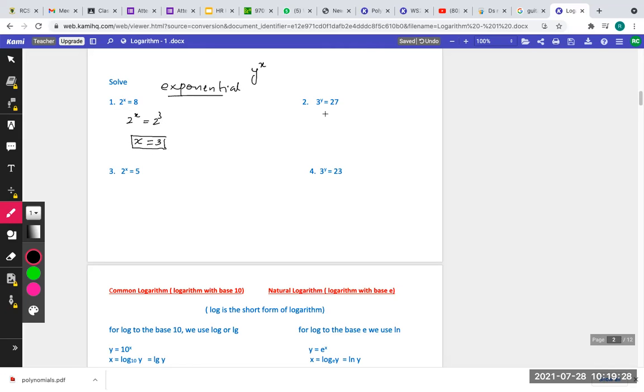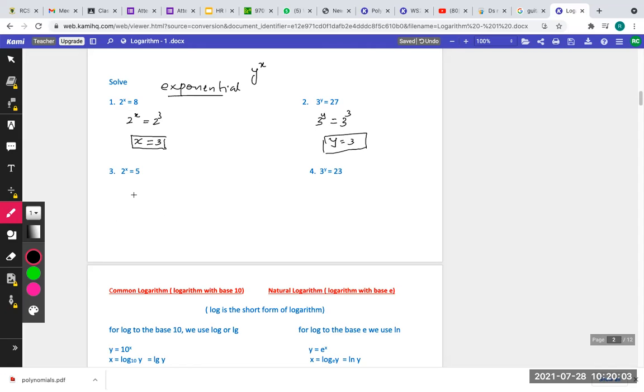Well, when we move on to the second question, it is still exactly the same as the first one, because 27 we can write with the same base here. What is the base here on the left side? 3, right? So 3 to the power y equal to 27, and 27 is what? 3 to the power 3, right? Because 3 cube is 27. Since the bases are the same, the powers should be equal. There is no other way. So we get directly y equals 3, which is a simple thing which you have learned in extended math.